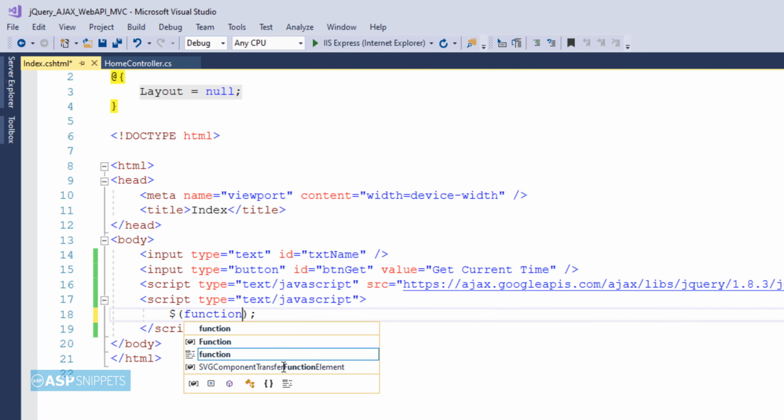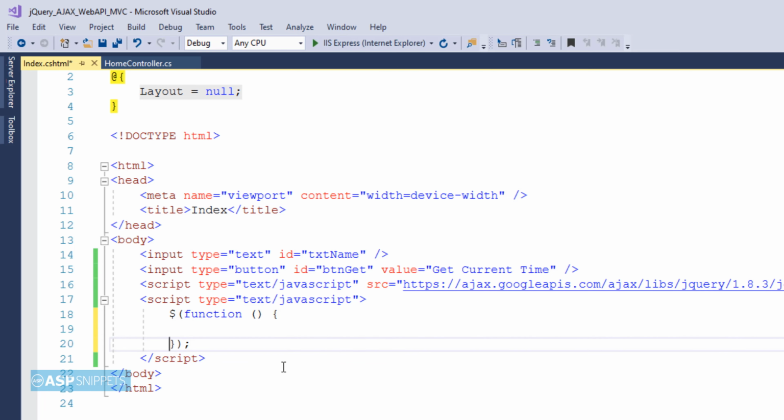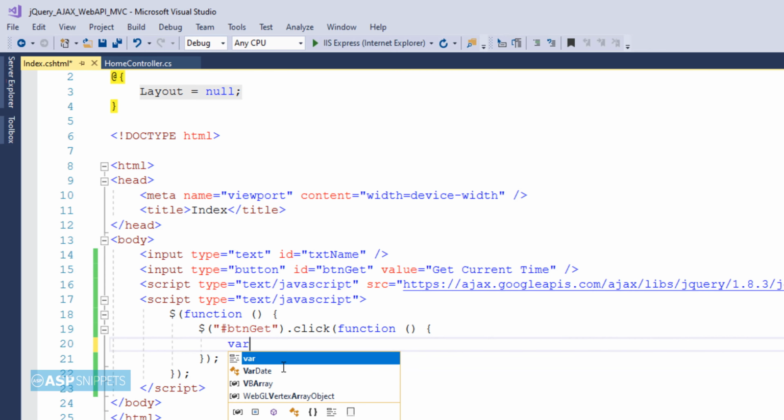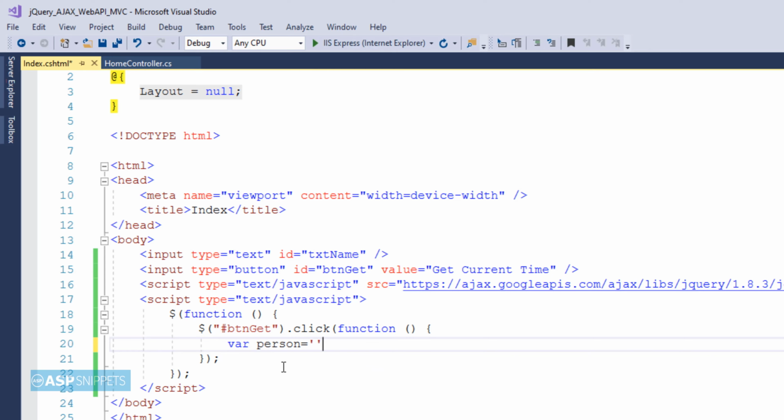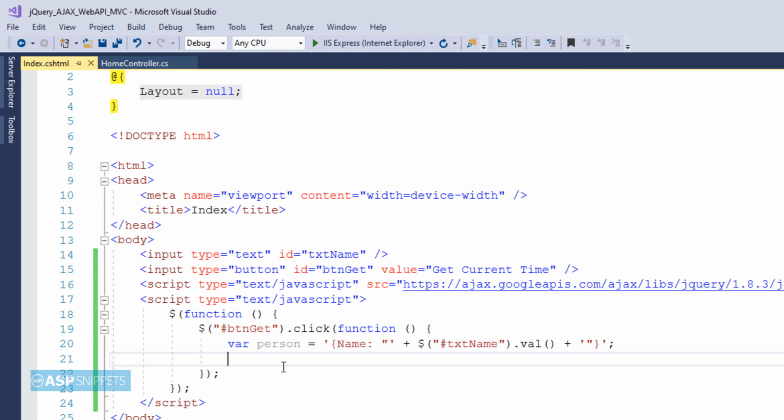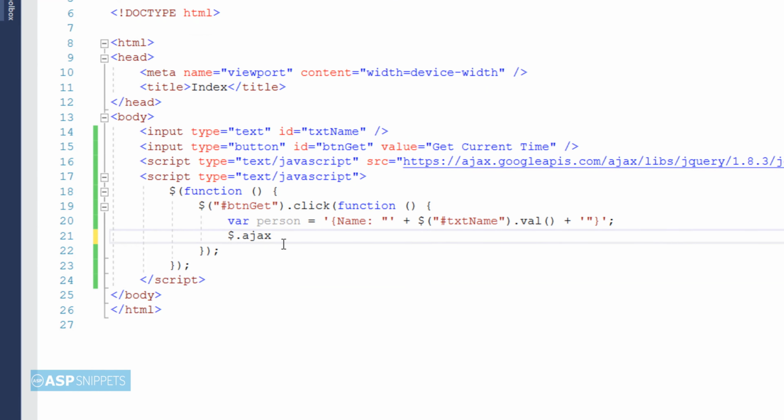Inside the script tags, I'll start by adding a jQuery document ready function. Here I am referencing the button and I am assigning it a jQuery click event handler, so that when the button is clicked, this particular event handler is triggered. So here, very first thing, I am creating a JSON object, and inside this particular JSON object, I'll be storing the value which is entered by the user in the name text box. Since we are receiving the object of person model class, so here also we have to create a similar object. Hence here there is a property name which is very similar to the property in the person model class.